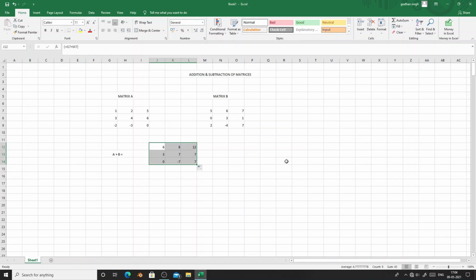Now let us learn how to find A minus B. So let us write here A minus B. For this we'll take these 2 cells and merge them. So click on merge and center, and then just write A minus B equal to. Now we'll leave one column, and then from here we have left 2 columns. Here only 1 column has been left, so here also let us leave 1 column. We can leave as many columns as you want, there is no restriction on that.